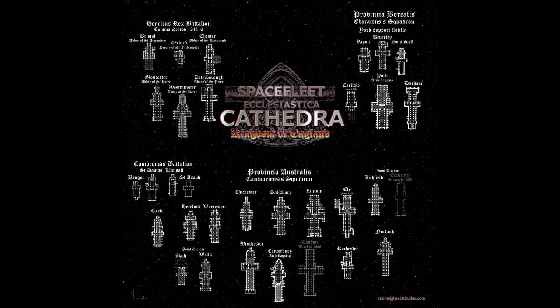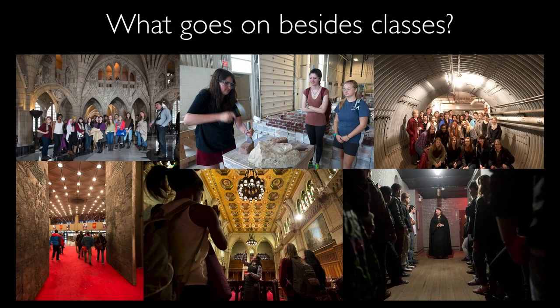There you have two examples taken from actual first and second year classes to give you a sense of what they're like. But I always say that a good education begins in the classroom, but it doesn't end there. So, what goes on besides classes? There are a lot of answers to this.